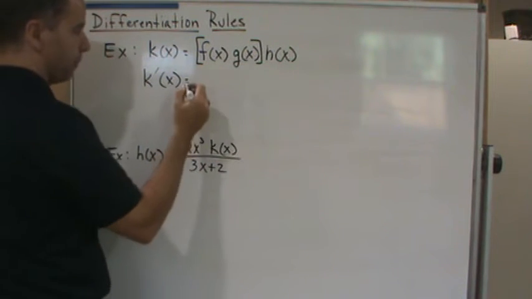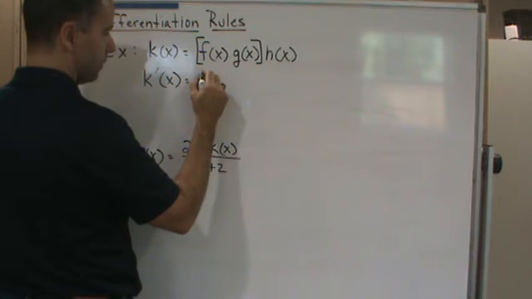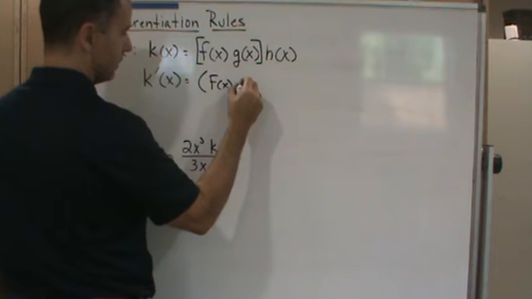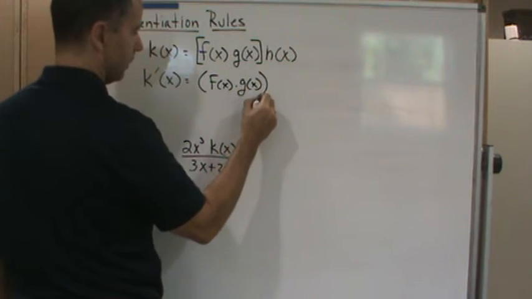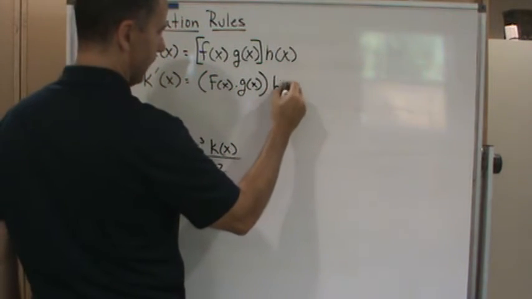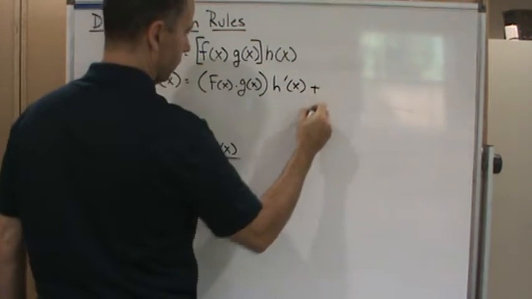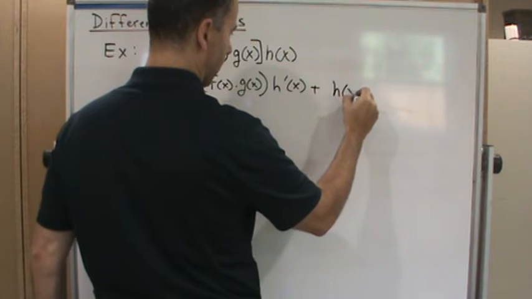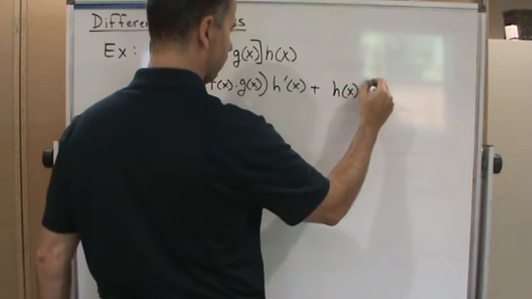And so we're going to apply the product rule that says we're going to do the first, which is going to be f of x times g of x times the derivative of the second, which is h prime of x, plus, now we're going to do the second, so h prime of x times the derivative